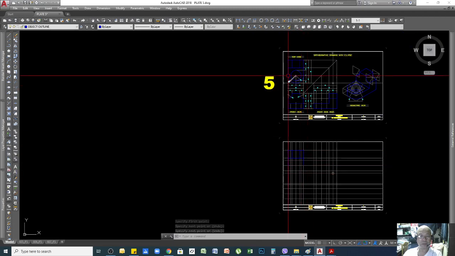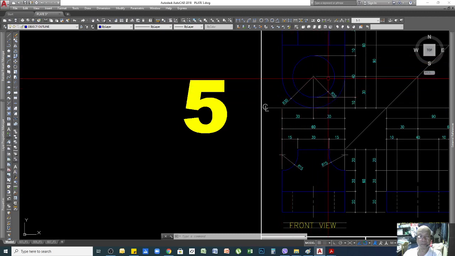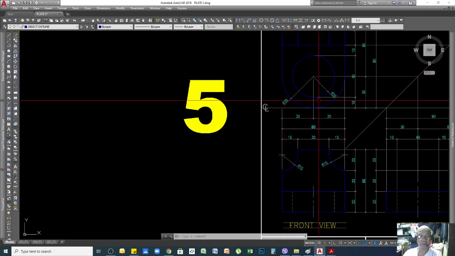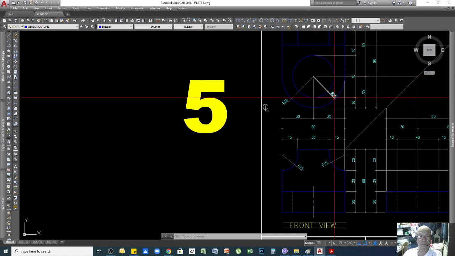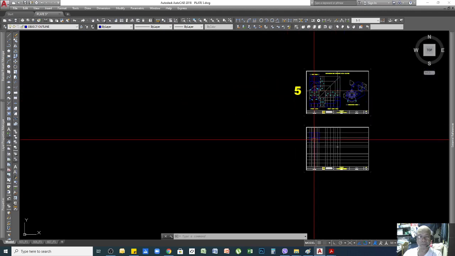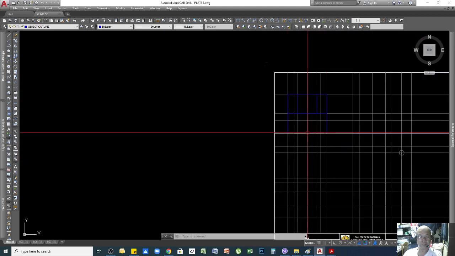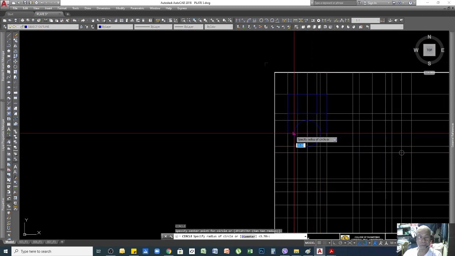So all I need to do now is draw the circles, and after that, since this one is only a half circle, I can trim. Using the center line here, I will draw two circles. One has a radius of 20 and another one is 30. This is the center of our circle. Circle 20. You can either enter 20 or you can just lock there.